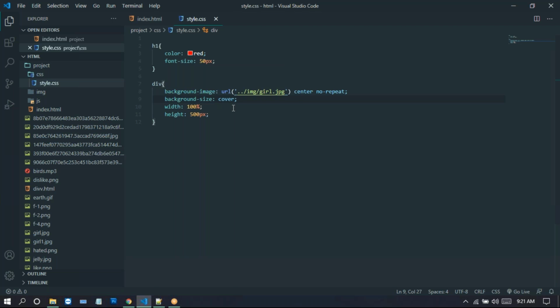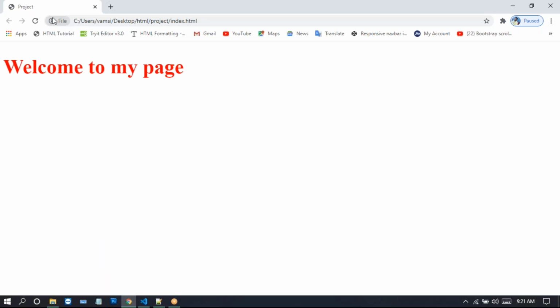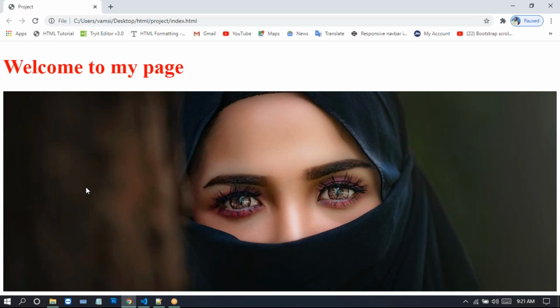Background size cover center. To apply this shortcut, we need to give a background. This will be explained in the CSS. Now you can run this on the browser. See there, the image is fit to this div here. Now we need to give